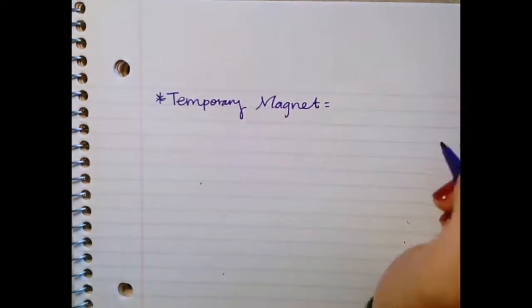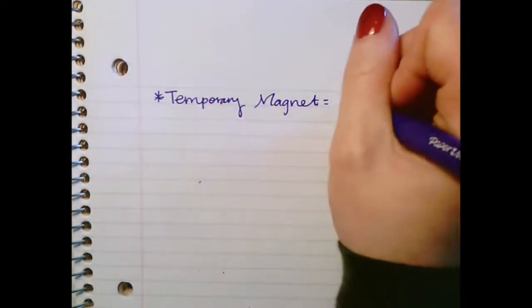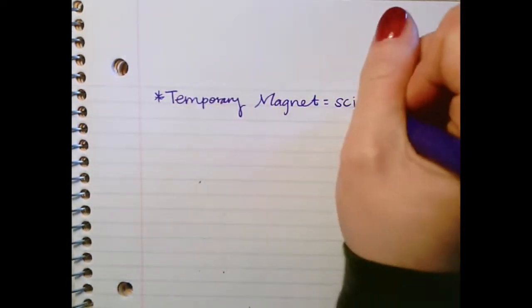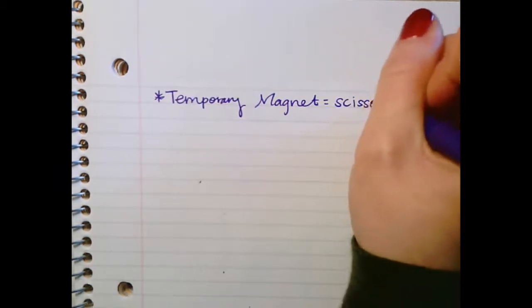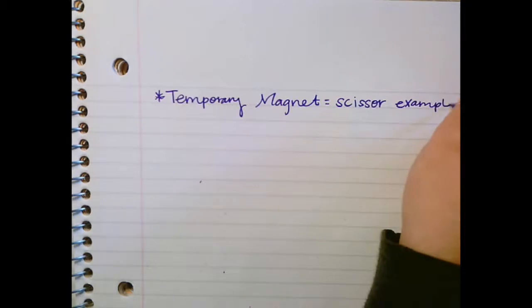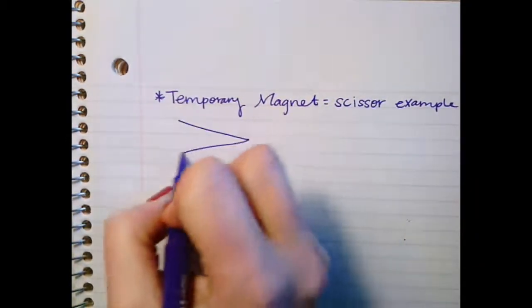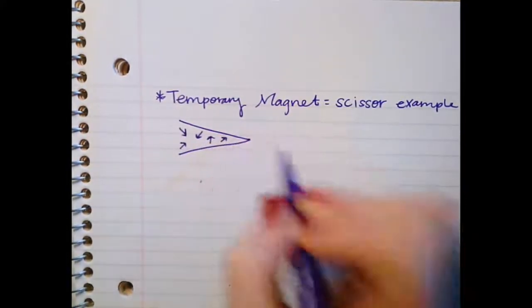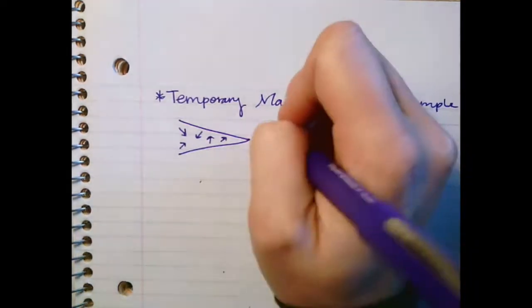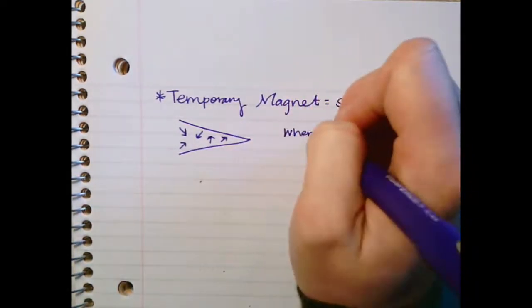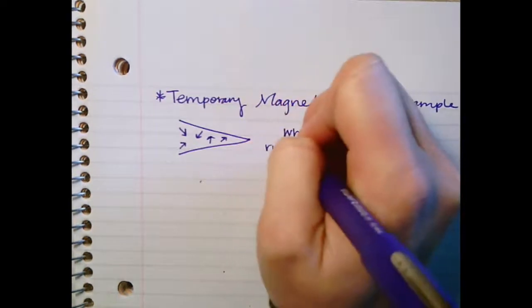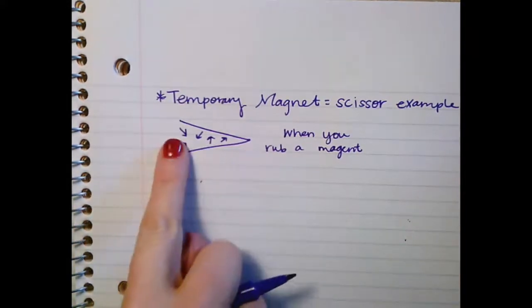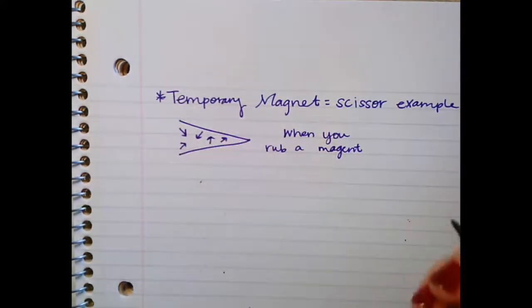Okay, so a temporary magnet is where you can basically make something that's made of metal into a magnet. You guys will hopefully remember this when we did the scissor example. The end of a scissor is pointy. When you first have them, these little domains, these arrows, are all kind of pointing in different directions. When you rub a magnet, like a bar magnet or a magnet off your fridge, down the side of the scissors